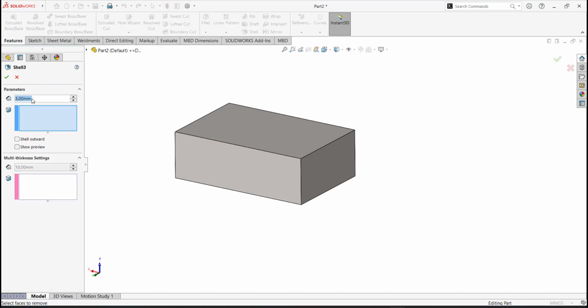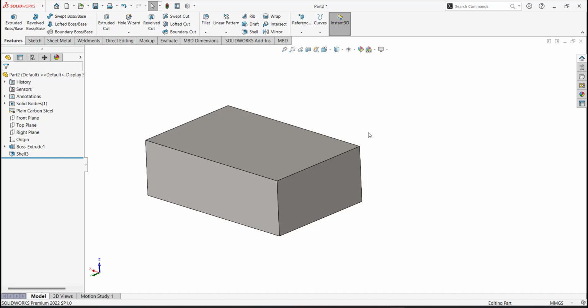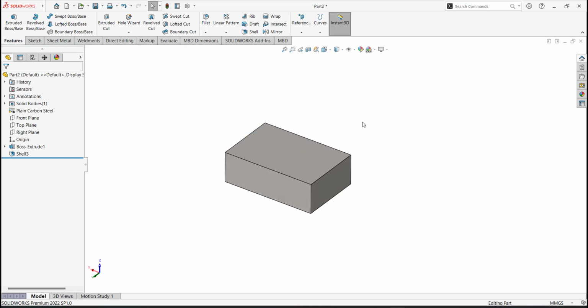Select the feature. Provide one constant thickness here. So I'll make this thickness as 5 mm. And then say it OK. From outer side it has been observed that there is no change here. But when we take section view here,